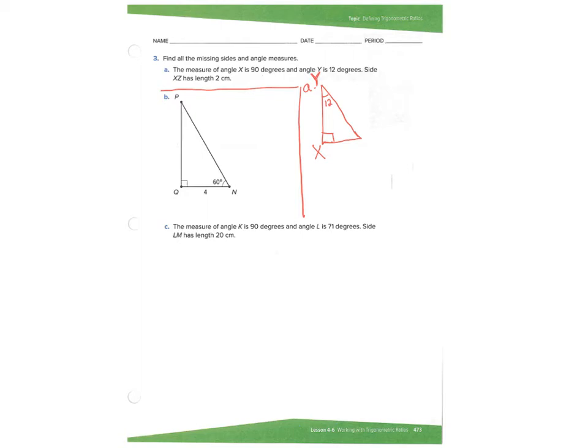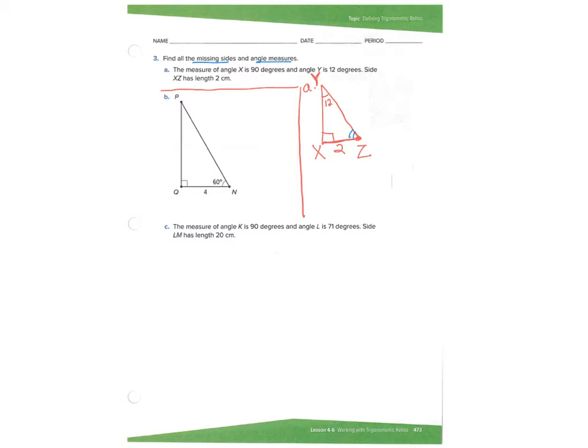And then it says side XZ. Okay, so wait a second. That is telling me that this vertex is Z, and side XZ is 2. So that's the information that the problem has told me, and I need to find all the sides and all the angles. So first of all, finding angle Z is probably the easiest because I know that Z and Y